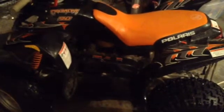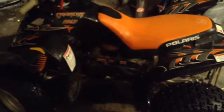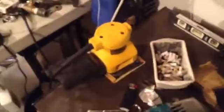And you know, it's kind of fast off the line right now anyway. When I put the original ones back, it's going to be fast enough for my kids right now. And then maybe down the road a bit, I'll lighten up the rollers a little if need be. I could just take some material out of the rollers. I mean, I don't even think I have to. It kind of moves off the line right now with the mods I've already made. So I mean, you could just